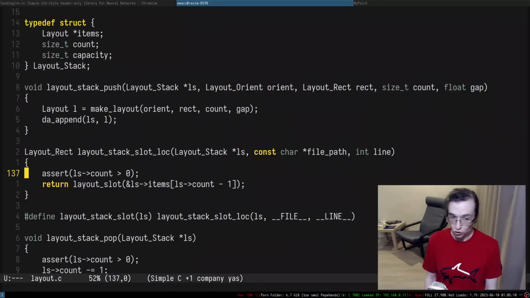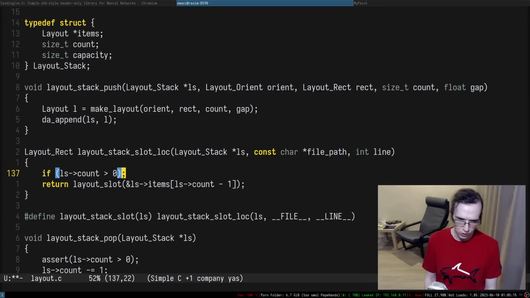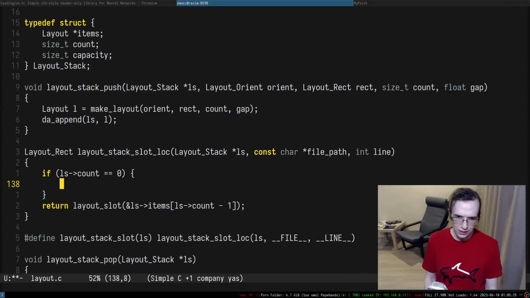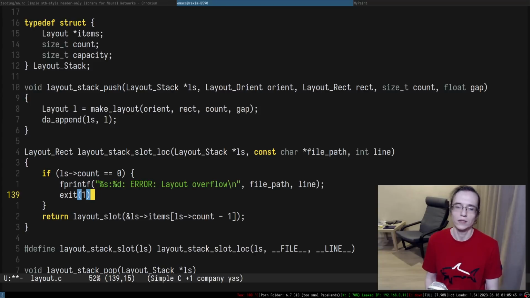So in here, instead of assert, we're probably going to just use the regular if, but it has to be inverted. If count is less or equal than 0, but it's unsigned, so it's equal to 0. What we want to do is print something like error: layout overflow, and we want to provide %s and %d in here, with the file path and line, and then exit 1.